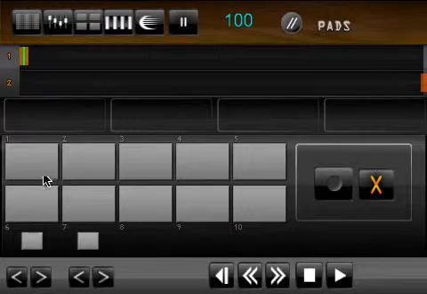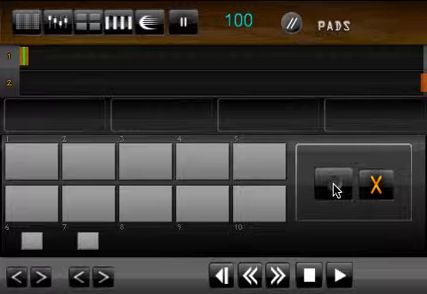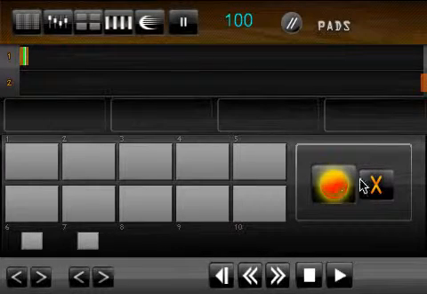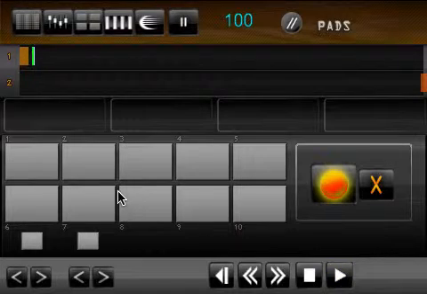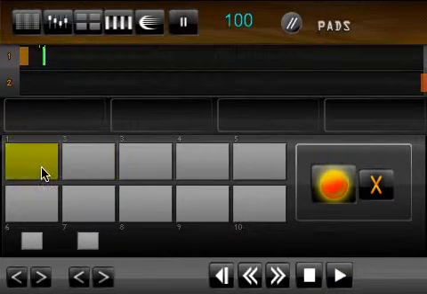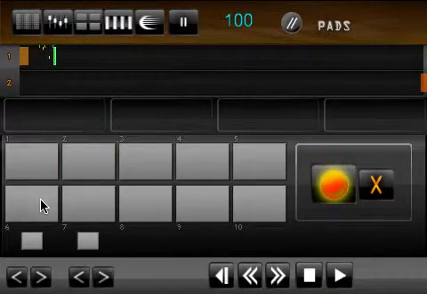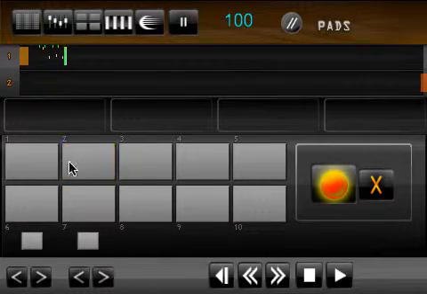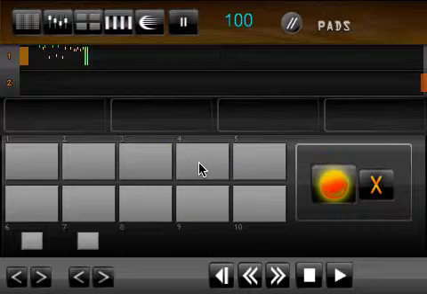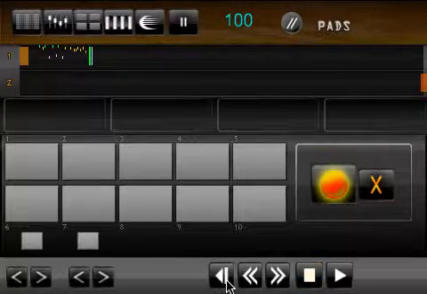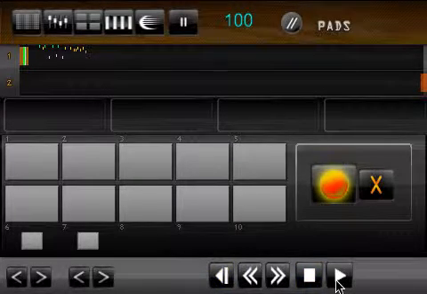Okay, and you can loosely play around with it, just make up little beats, and then once you're happy with whatever you got going, press on record, count to yourself 1, 2, 3, and play it back for yourself, see what your timing is like. You might want to redo it, but this is a very easy way to